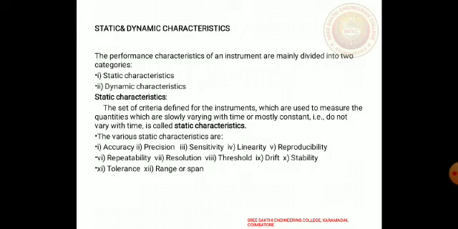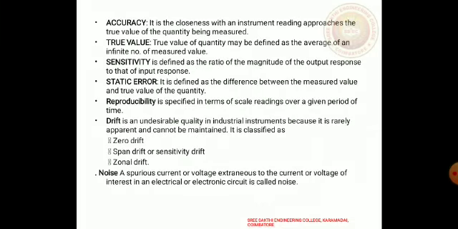The various static characteristics are accuracy, precision, sensitivity, linearity, reproducibility, repeatability, resolution, threshold, drift, stability, tolerance, and range or span. Now we discuss them one by one. First one, accuracy. It is the degree of closeness with which the reading approaches the true value of the quantity to be measured. The accuracy can be expressed as point accuracy, accuracy as percentage of scale span, and accuracy as percentage